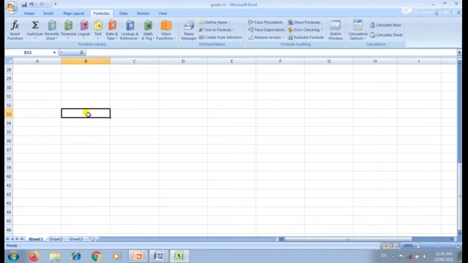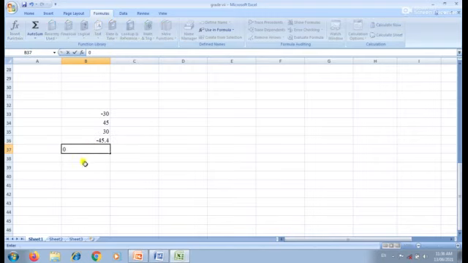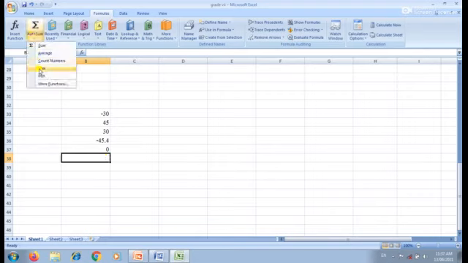The next one, max of. So we have to find out the maximum value. Some values are given. In that we have to find out the maximum value. What are all the values given? Minus 30, then 45, 30, then minus 45.4, then 0. Here we have to find out the maximum value among this set of numbers, the maximum number.